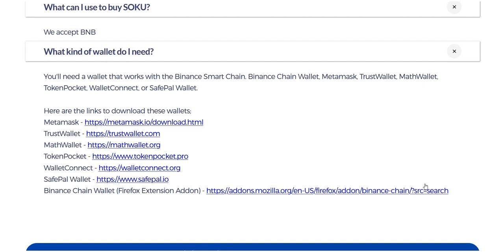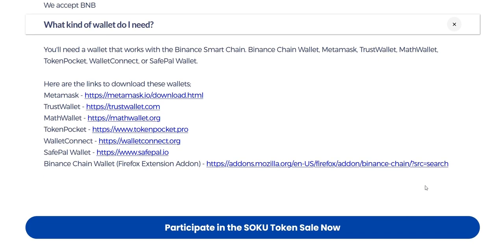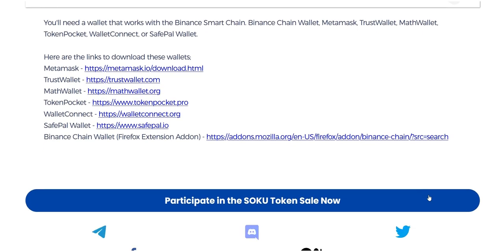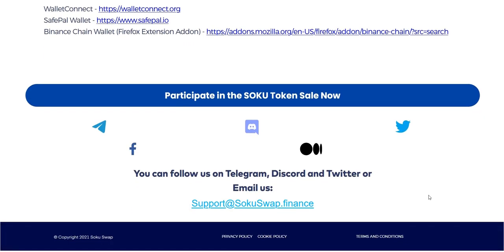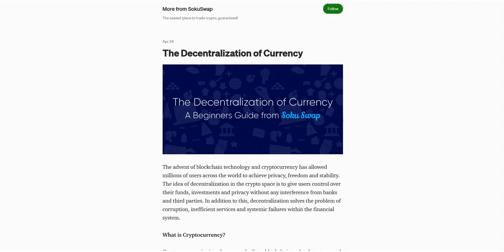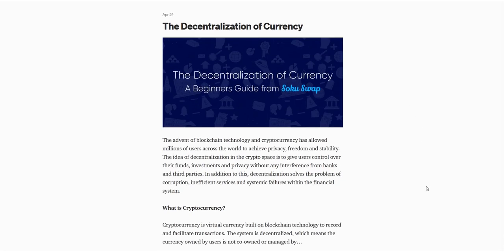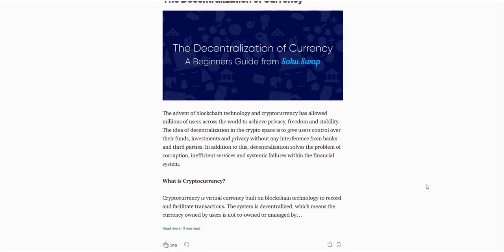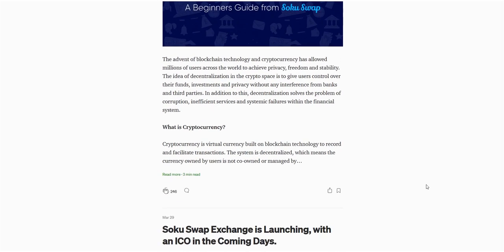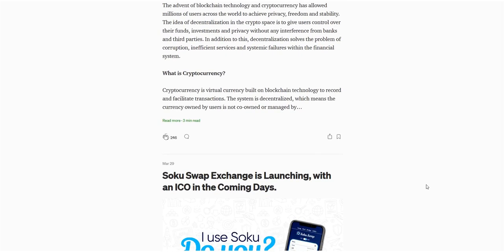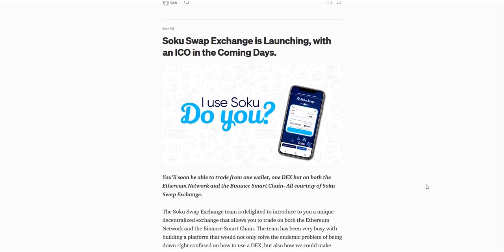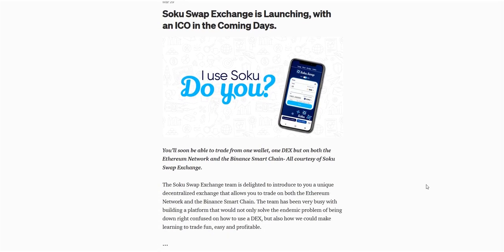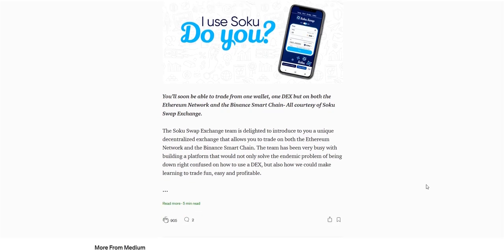So a question can come to your mind: how can you participate in this program? Anyone can participate in the tasks detailed in the SokuSwap scavenger hunt with their name and an email ID. Once the details are entered, users can continue with the hunt. Every time a step is completed, the platform reveals a hint for the next step. The hunt is open to individuals 18 years of age or older as of April 19, 2021.